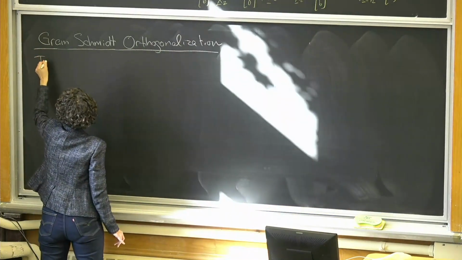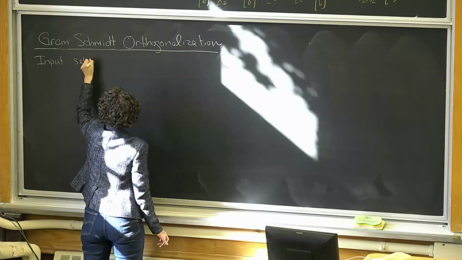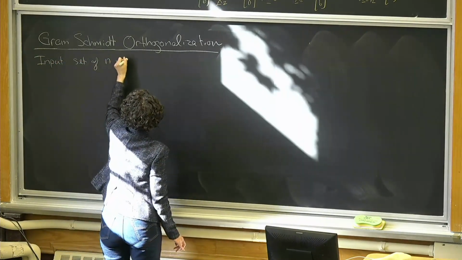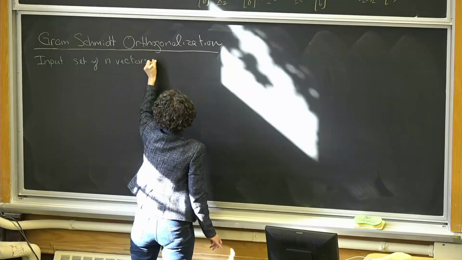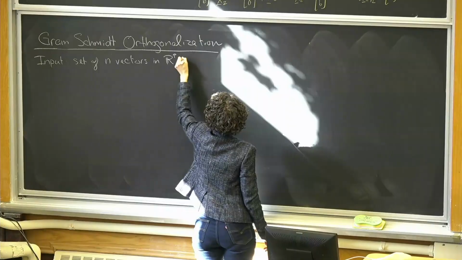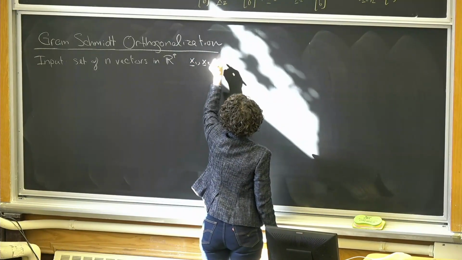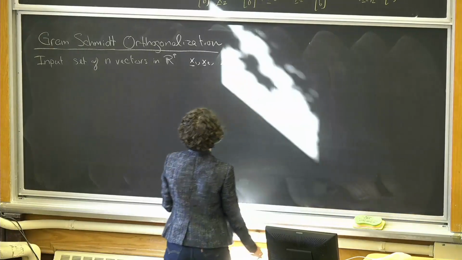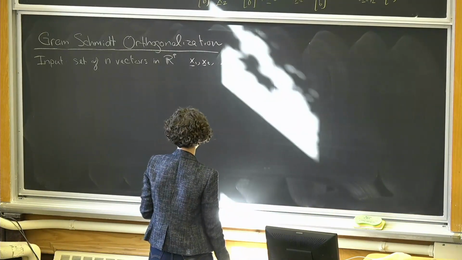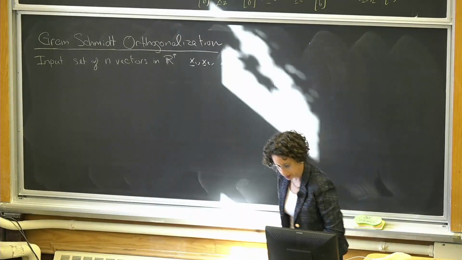So the input is going to be a set of n vectors in R^P, which we call x1 through xn. And the output